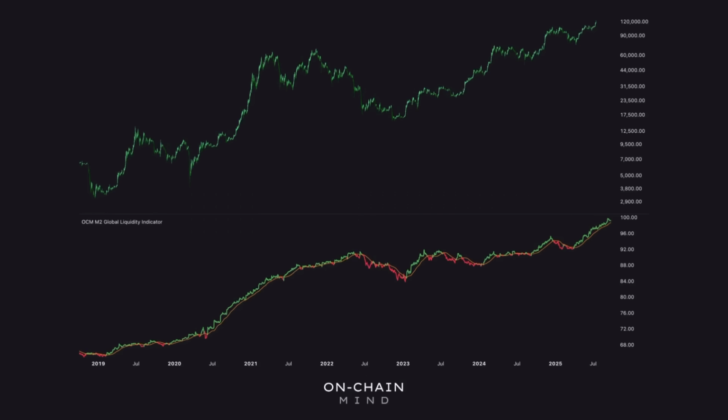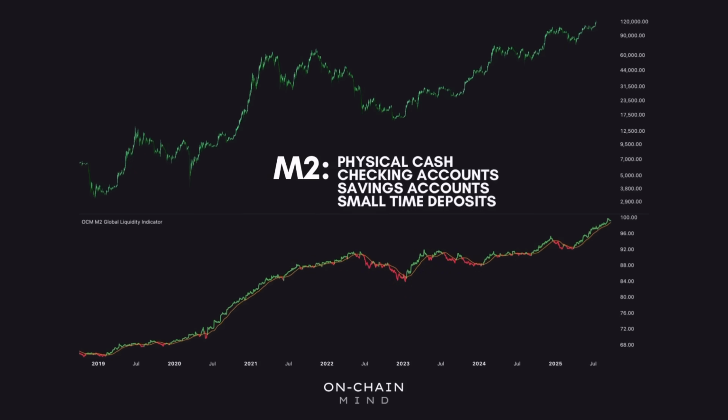You'll have likely seen the label M2 floating around a lot, but most people couldn't even tell you what it means, or that there are multiple other types of M's out there. M2 is the main money supply metric people use today, and it includes physical cash, checking accounts, savings accounts, and small-time deposits. Basically, money that's relatively liquid and can be spent or moved into assets pretty easily. It gives us a decent picture of how much capital is sloshing around in the system, especially from consumers and smaller investors. It's not perfect, but it's the broadest reliable measure we've got.